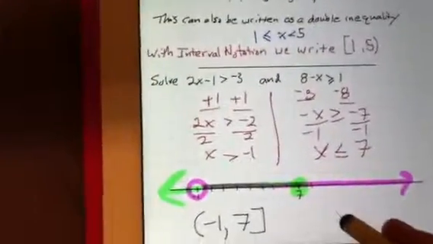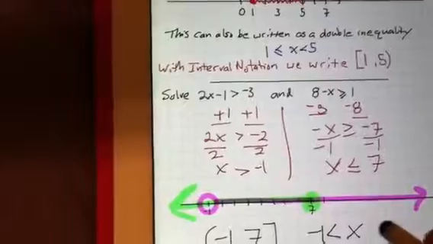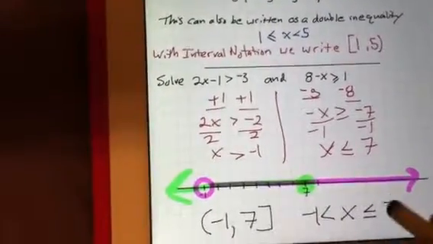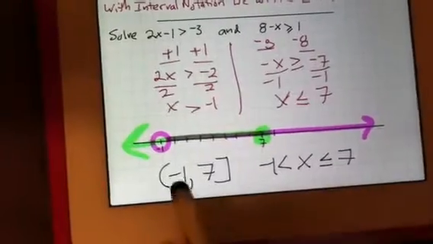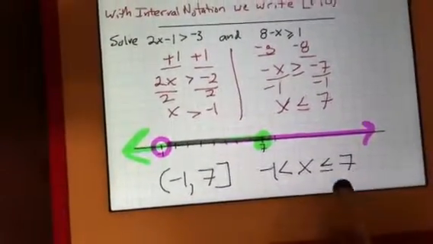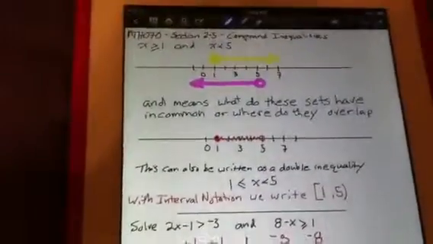Or from the variable, x can be greater than -1 and x can be less than or equal to 7. So those are the two ways to state the answer. Interval notation, this one can do a double inequality. So that's with the connection "and." Let's try